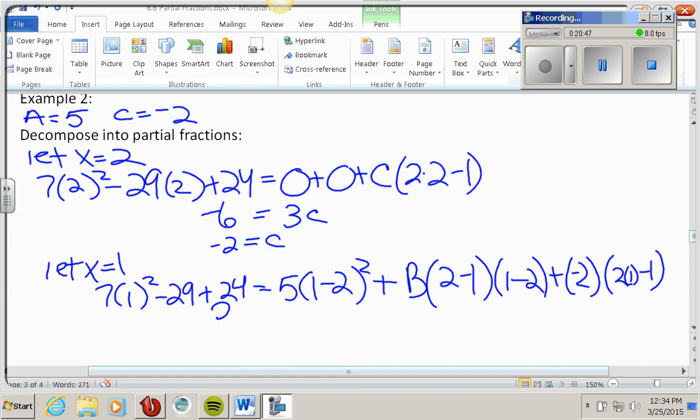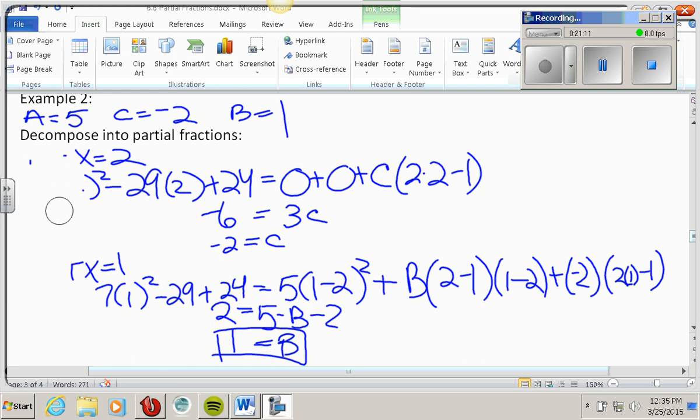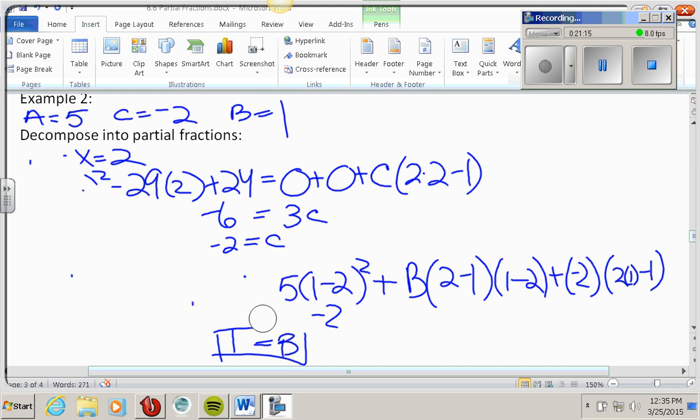And we get 2 equals 5 minus b minus 2, and then b equals 1. So we have a equals 5, c equals -2, and b equals 1. So you go ahead and substitute those back in to your original equation, and you have your answer for partially